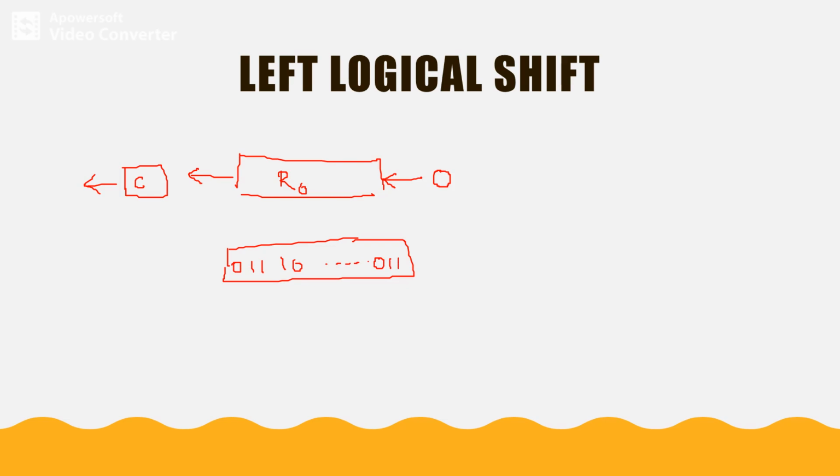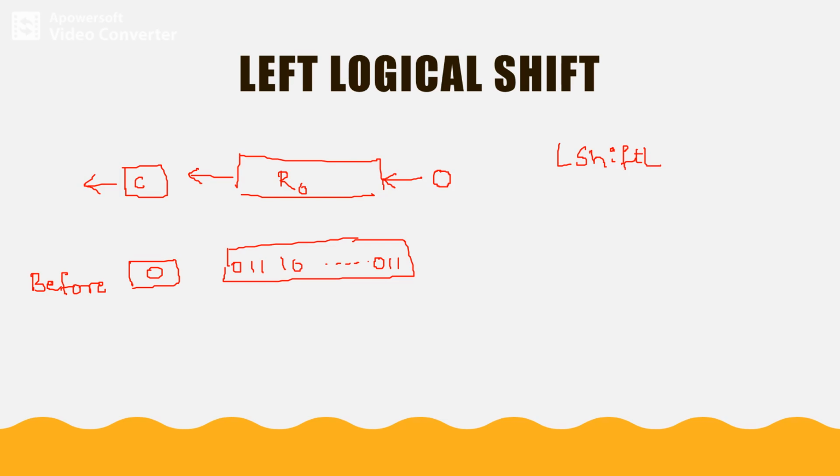This is the register content and the carry is 0. This is before performing the logical left shift operation. Now we have to perform the logical shift, that is L shift